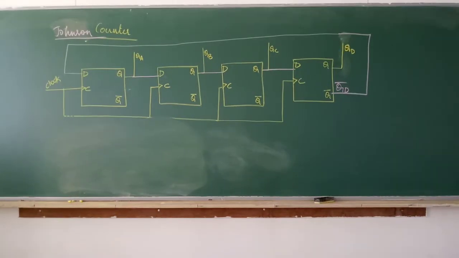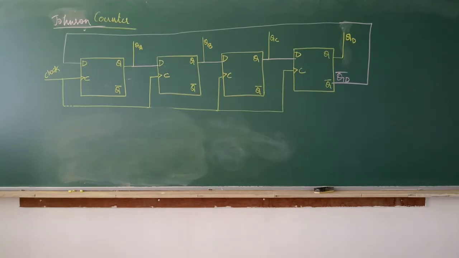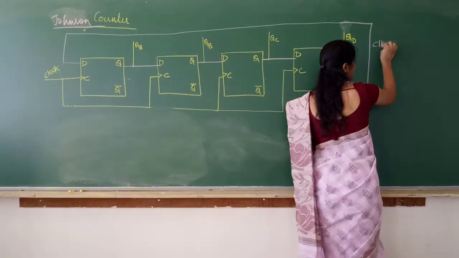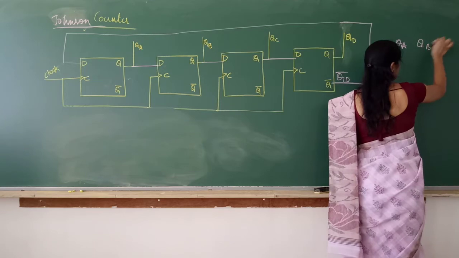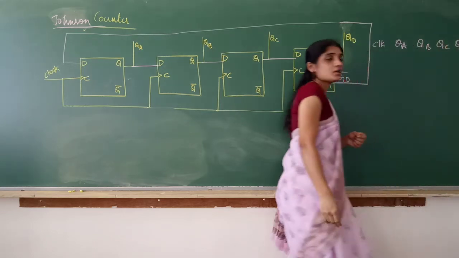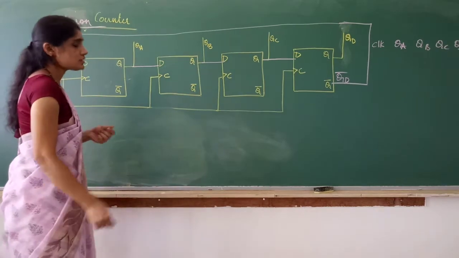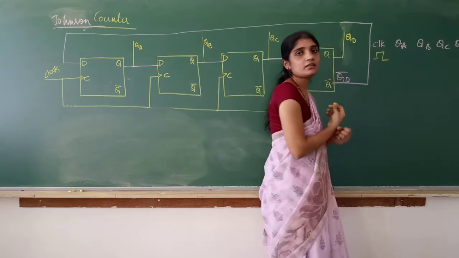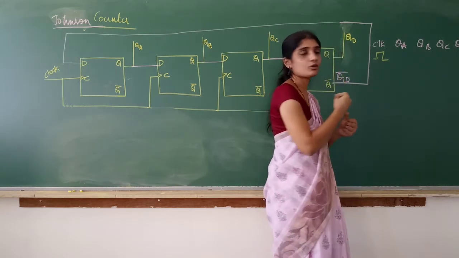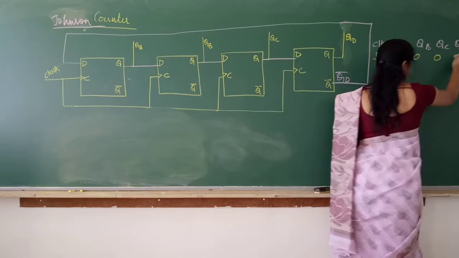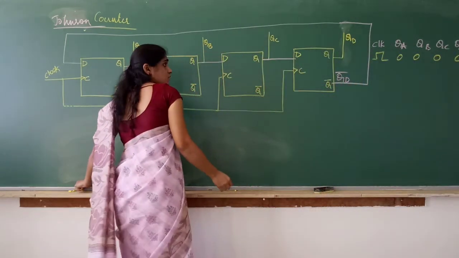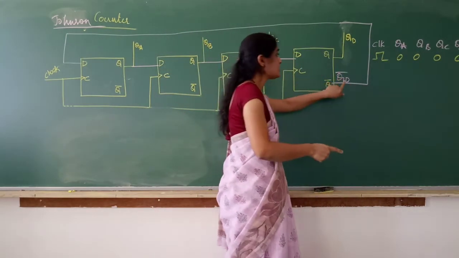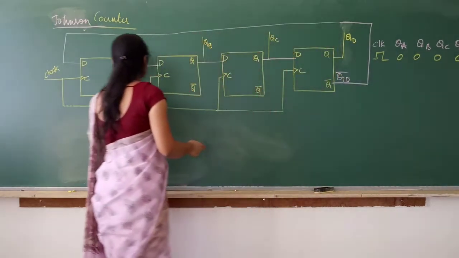Okay. So now let us write the output pattern or the output sequence. For that, we will have clock, QA, QB, QC, QD. For Johnson counter, like ring counter, we do not have to initiate. You can take any; initially, let us take 0 in all the flip-flops. So 0, 0, 0, 0. Upon the occurrence of the next clock pulse, what happens? QD is 0, so QD bar will be 1. So QD bar 1 will be coming as input to the first flip-flop.